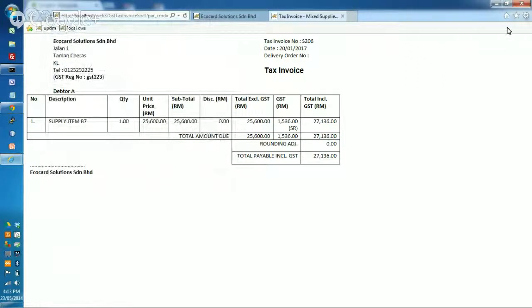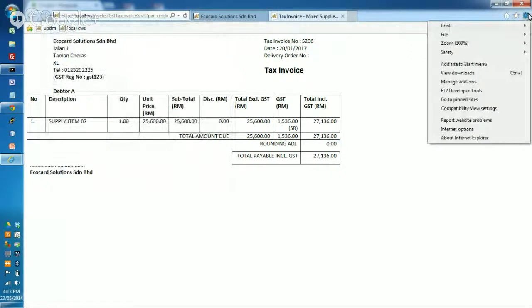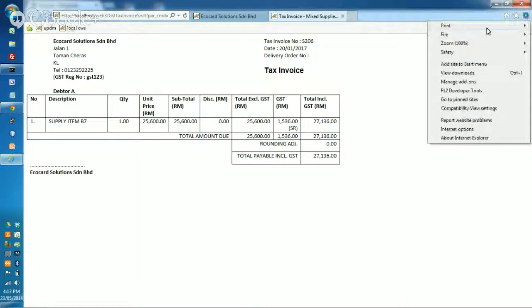Let me show the effect. If you were to print preview, you'll notice that on the top there are some names and labels. This is not what you want. Similarly, you have the URL followed by the date and time. This is not what you want, and you want to remove them. You don't want them to appear in your billing. It doesn't look nice. So to remove this, what you have to do is first go to Print